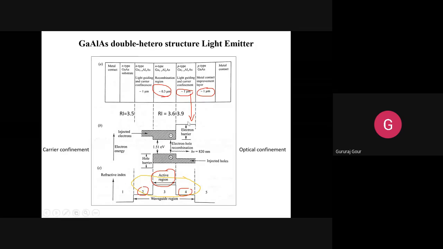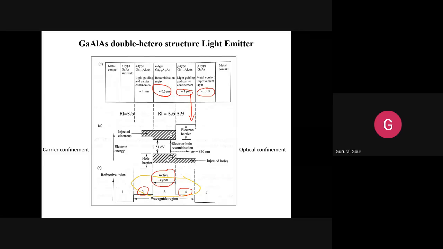Okay, this is all about the refractive index profile that we finished up. Later we'll focus on the region size. The region size of the N-type gallium aluminum arsenide, used as a core here, will be kept very small, 0.3 micrometer, compared to all the other layers. This is to make the recombination happen in a very small region.